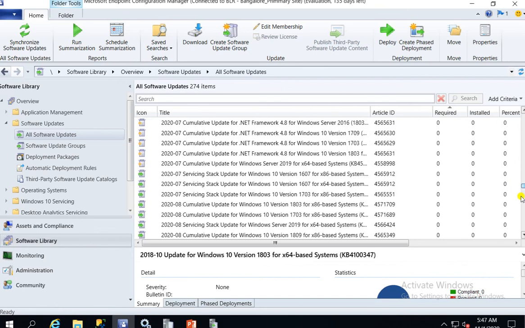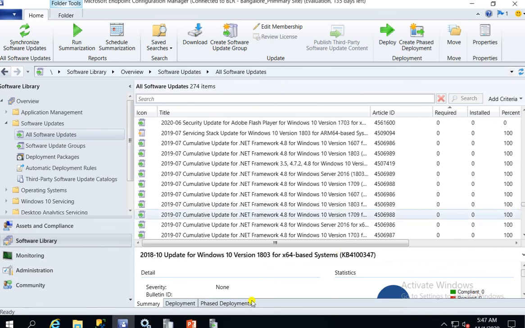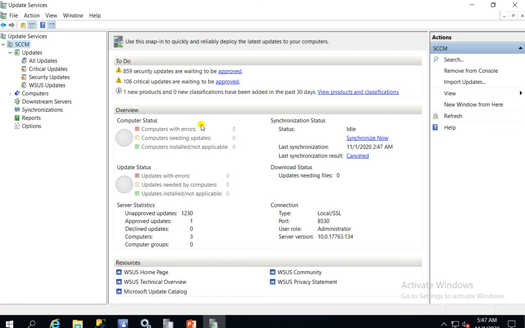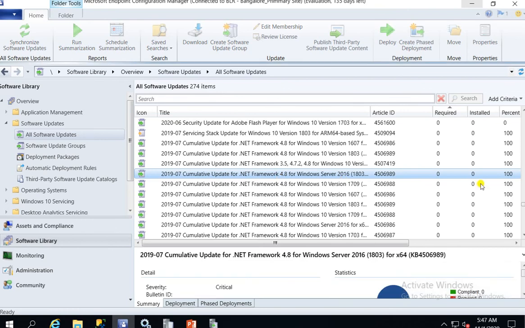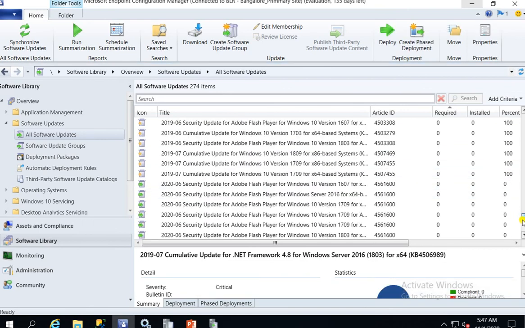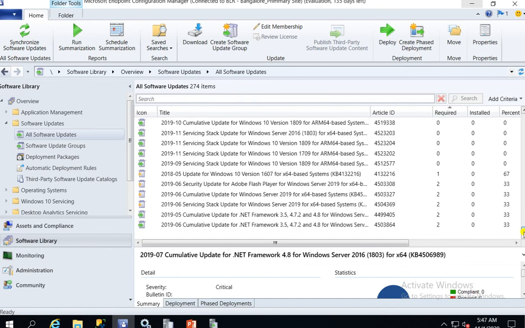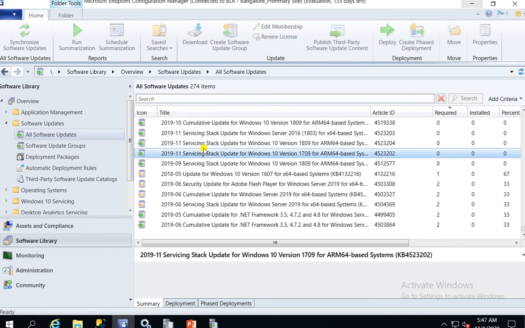Why? Because I have not approved them from WSUS. From there I need to approve the patches, then they will reflect in SCCM. For testing purposes, I thought this is enough to show you guys. But if you want to do some more R&D, you can. And if you have any concerns, you can let me know.